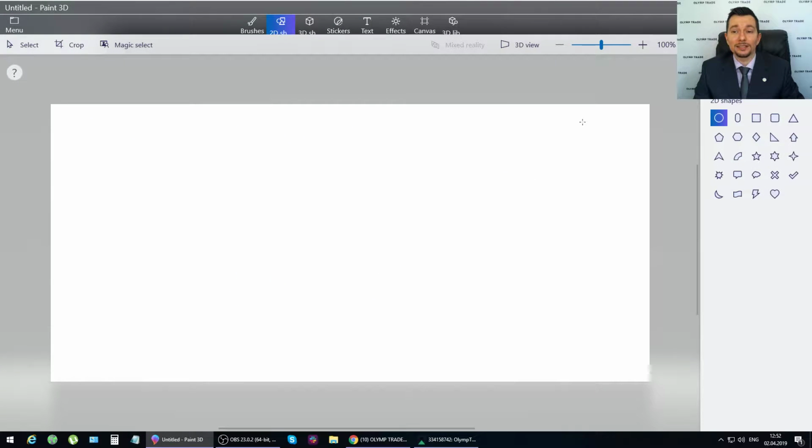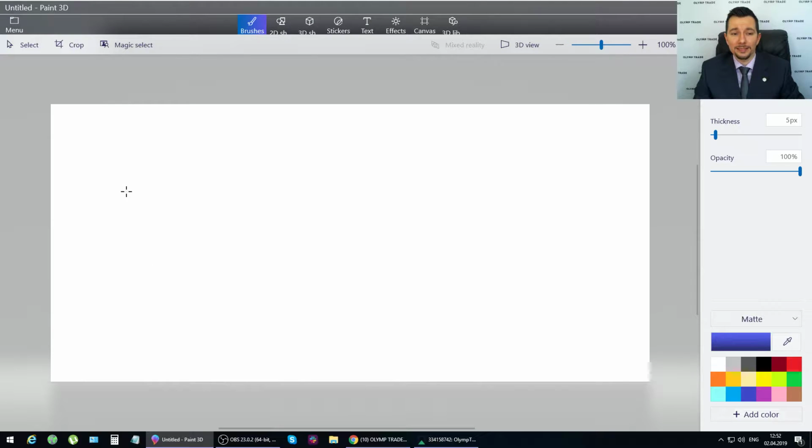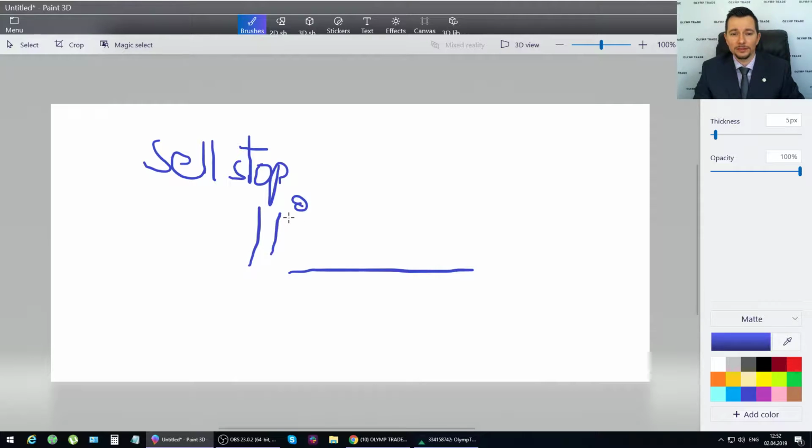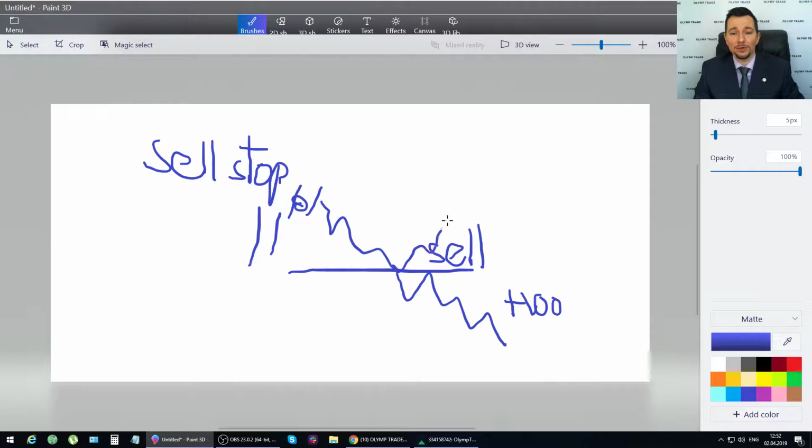The easiest part is what is a buy stop and a sell stop. So a stop basically, price is right here. We put the sell stop right here because there's some levels. And when price reaches this level here, we open a sell position. Price stops here, keeps going, and we are in positive territory. If price reaches this level and then keeps going up, because we opened a sell stop, we are going to be in negative territory. Does that make sense? So a sell stop is basically a one-directional move, and a buy stop is exactly the